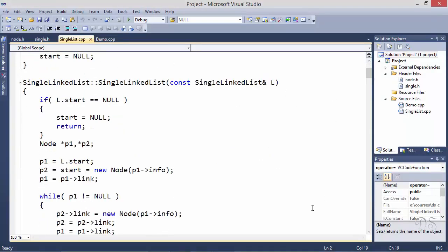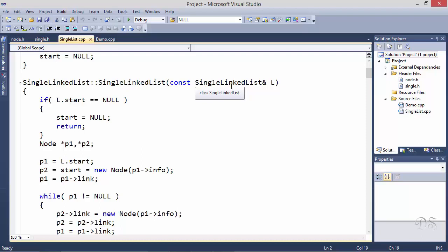So this is the code for our copy constructor. This is the object that has to be copied. The parameter to the copy constructor should be a reference type. We can't pass the argument by value because pass by value means copying the object, which is done by the copy constructor. So passing the argument by value in the copy constructor will result in a call to the copy constructor and thus will lead to infinite recursion. Then copying an object should not change the object, so the parameter is declared const. And this also allows copying const objects using the copy constructor.